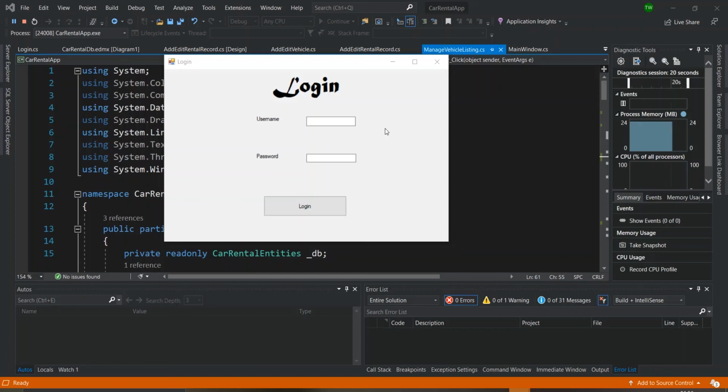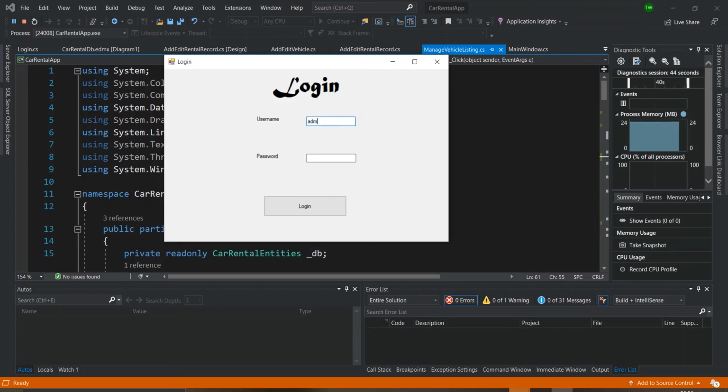Welcome back. In this video, we're going to be doing some essential fixes to our application. So we've made good progress so far, but there are certain things about the application that can be refined. Just to list a few of them, what we want to do is make sure that only one window at a time comes up,